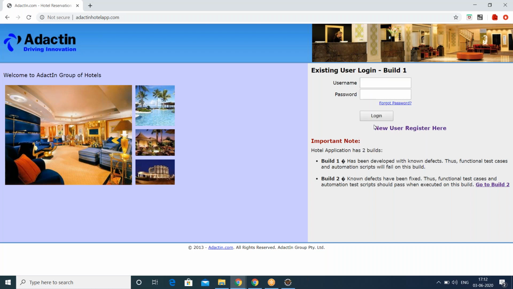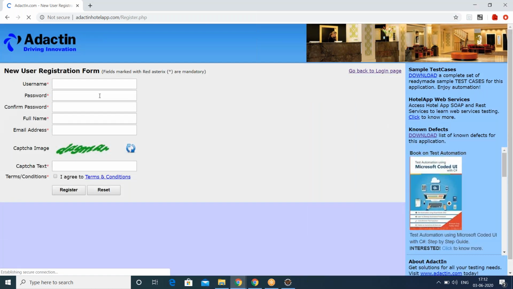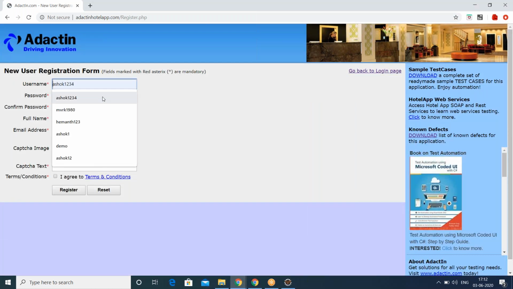For this, first you should get registered. The new user registration form is there, guys. First of all, you should get registered with this form. Click on this and provide your username. I remember some of you did this earlier when we discussed it.